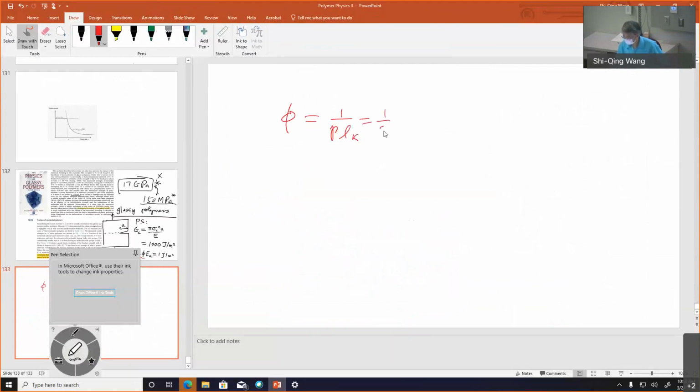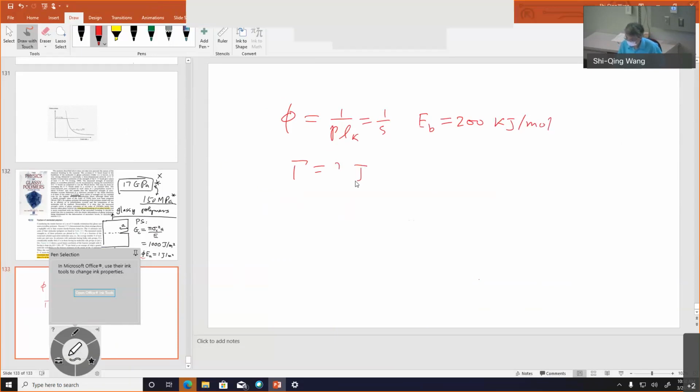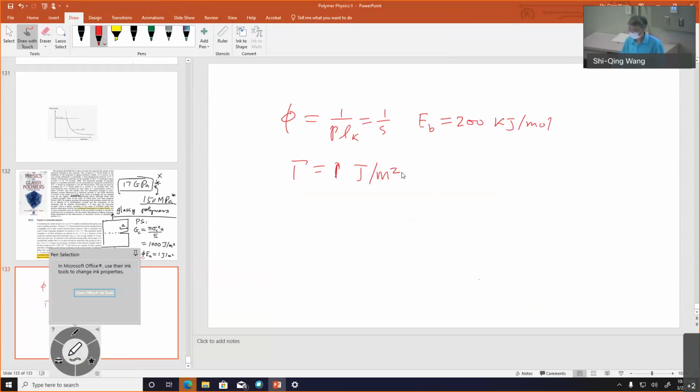That's the density of the bonds, number of bonds per unit area, and all the bonds are undergoing scission on the order of 200 kilojoules per mole. So you end up having a value that's about 1 joule per meter squared. And that's an overestimate because